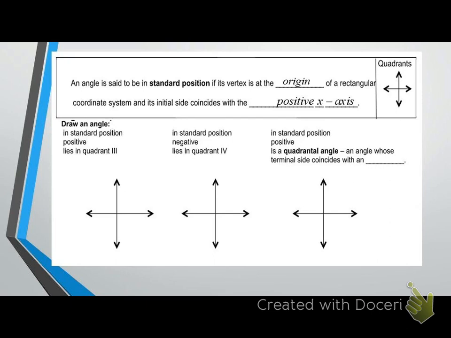So, standard position would be an initial side that sits here on the positive x-axis, and then can open up in any direction. Now, if we keep the terminal side the same length,